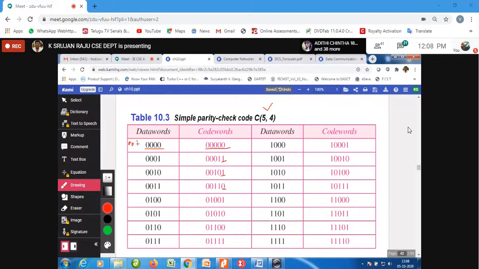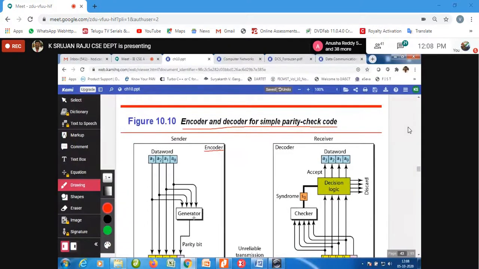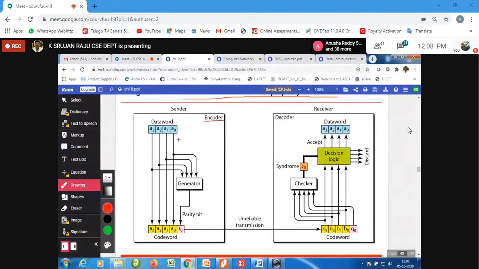Each one you give to a generator, and the generator checks your dataword and, based upon that, creates a parity bit R0, which will be added in the codeword. That is what you have seen.